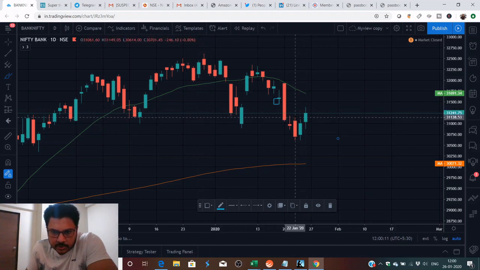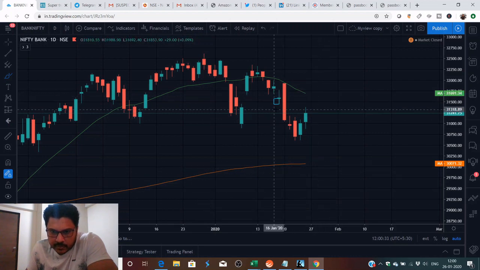And on a daily time frame, we are bullish now because we have cleared this bigger red candle with this bar and also this bar closed above this bar. So this is a base candle which has formed, but there is a resistance above this. 31,672 is the 20 period moving average on the daily time frame. There is a resistance here, and also